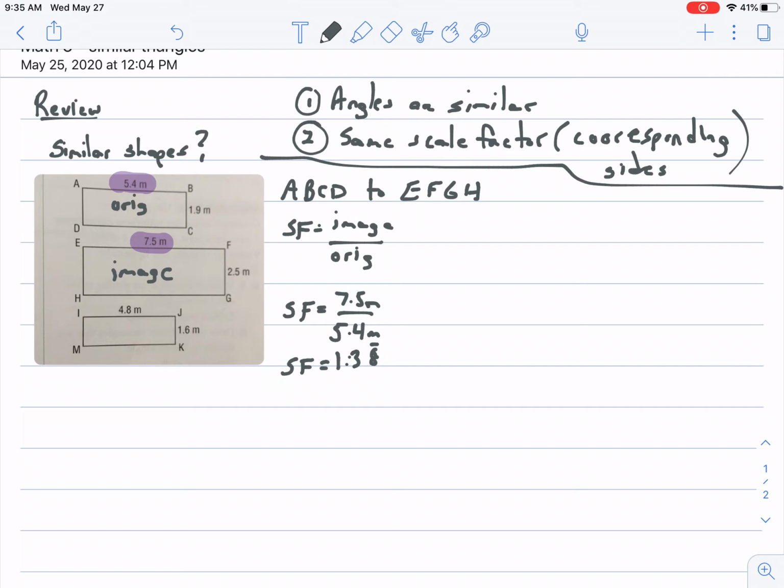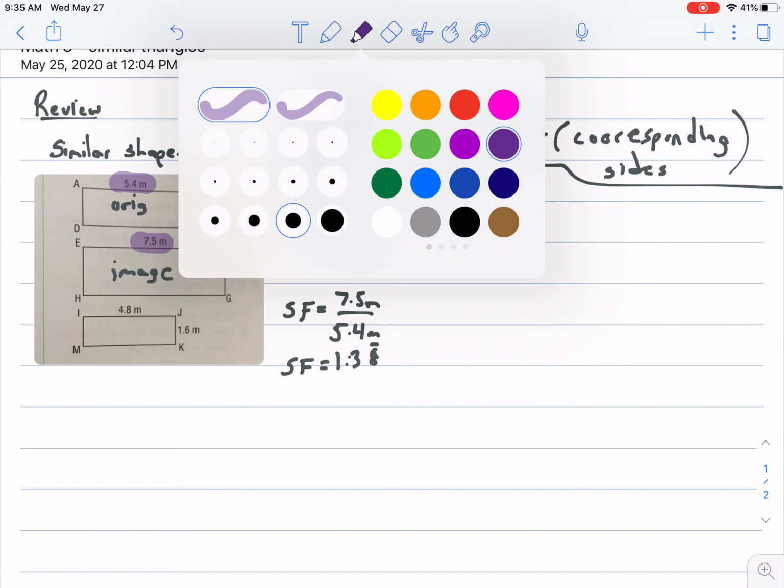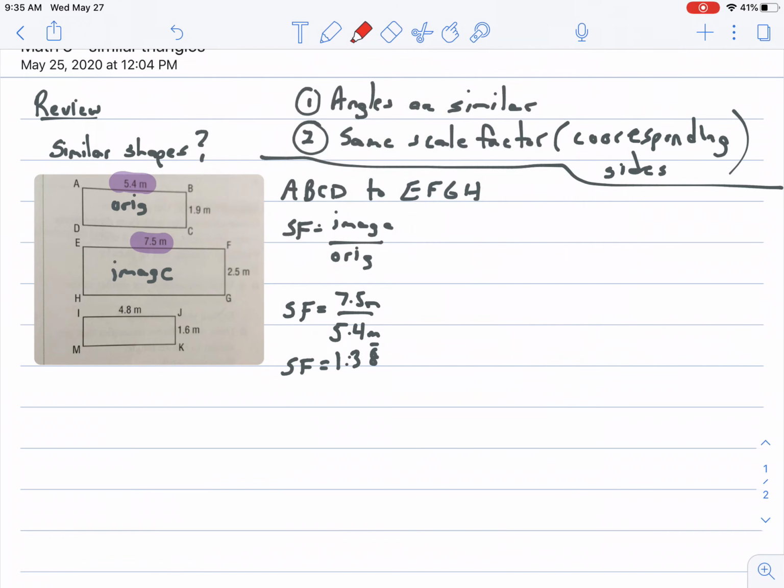Now, my goal is I should be able to see this same side length. So I'll do it in red here. I should have the exact same scale factor for those two numbers if this is similar. So I'm going to compare them. What's my scale factor for these guys? Same thing, image over original. So image was 2.5, my original 1.9. And when I take 2.5 and divide it by 1.9,